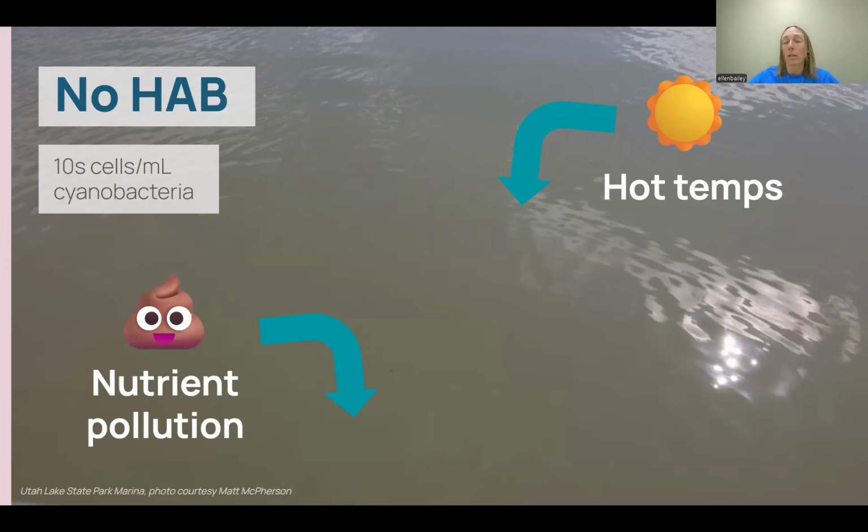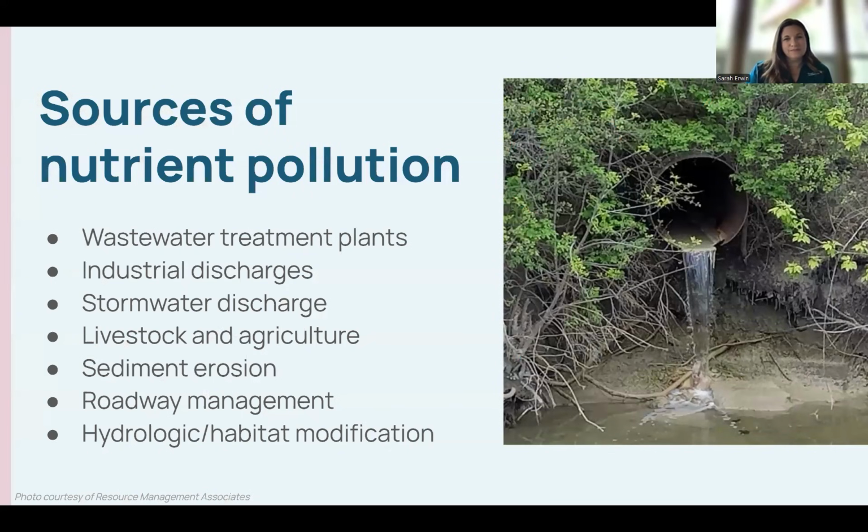Additionally, nutrient pollution. As more nutrients are added, that's lots of food, and they just feed on that, and that helps to facilitate those harmful algal blooms also. Nutrient pollution comes from all sorts of sources. The sewage that discharges into, not direct sewage, or even just from the treatment plants, industrial discharge, anything that's running off of the land, from farms, livestock,